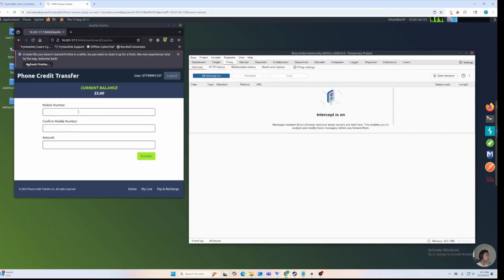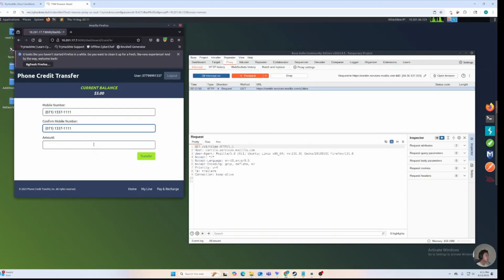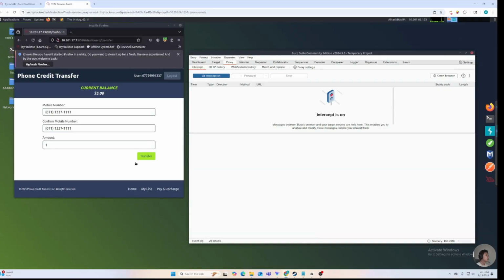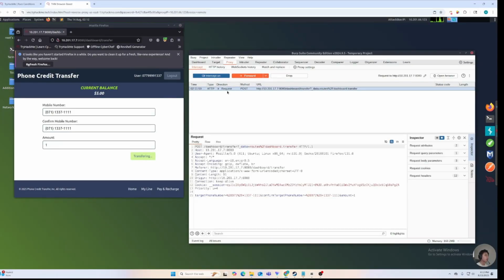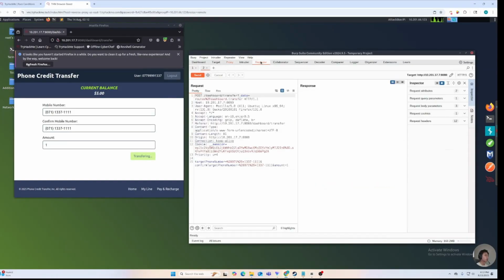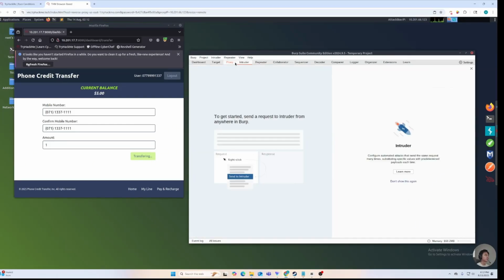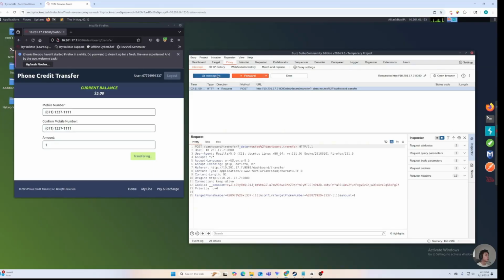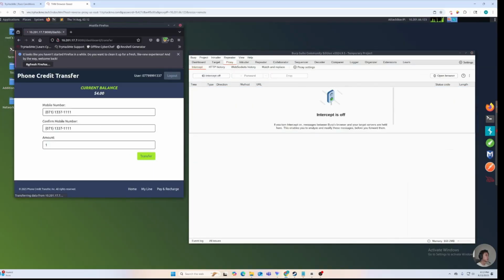So now what's going to happen if we try to send an amount that's reasonable? Click transfer. Over here, we press Ctrl+R, which will send a request to the Repeater. Over here, we see the amount is $1, so we should see a successful message. Click send. And the transaction is successful. We go back over here, turn off the interception. The current balance is only $4,